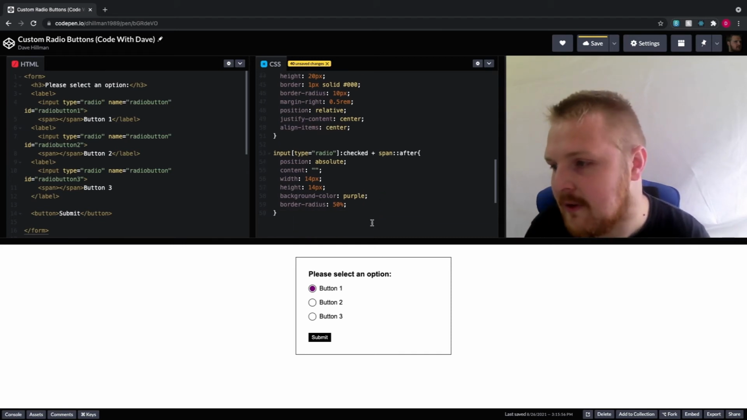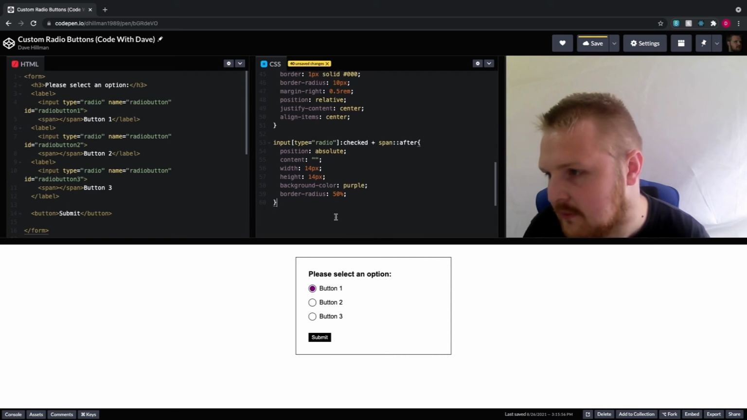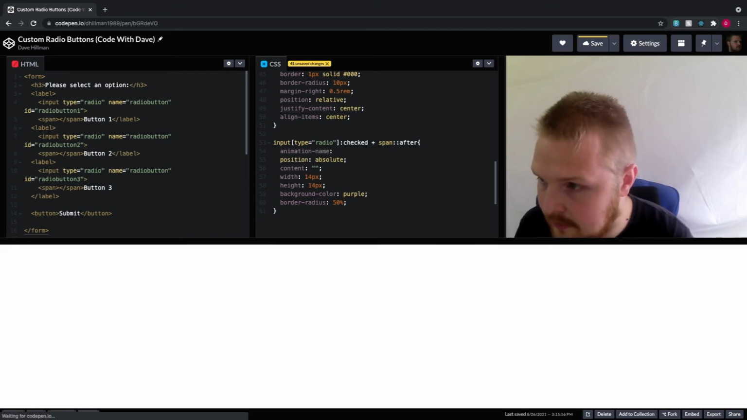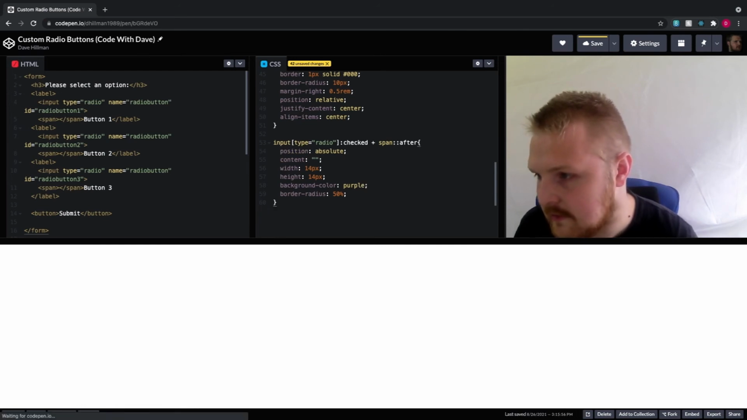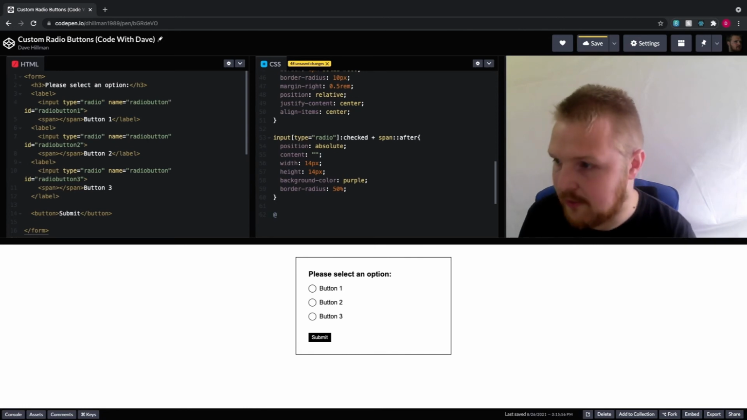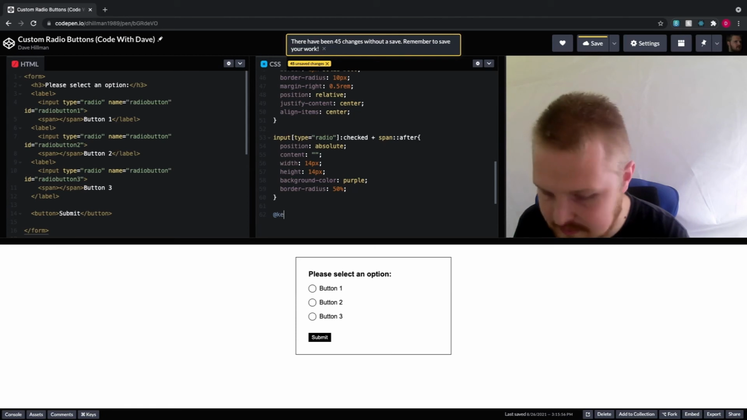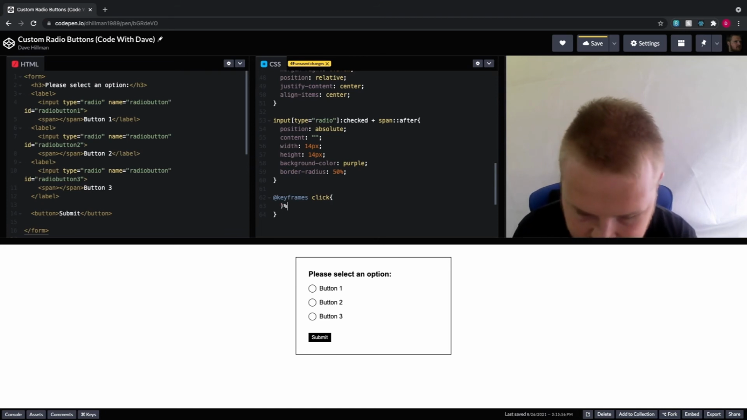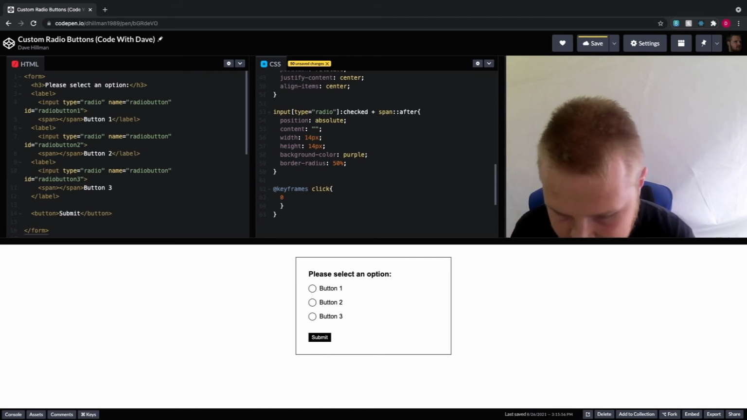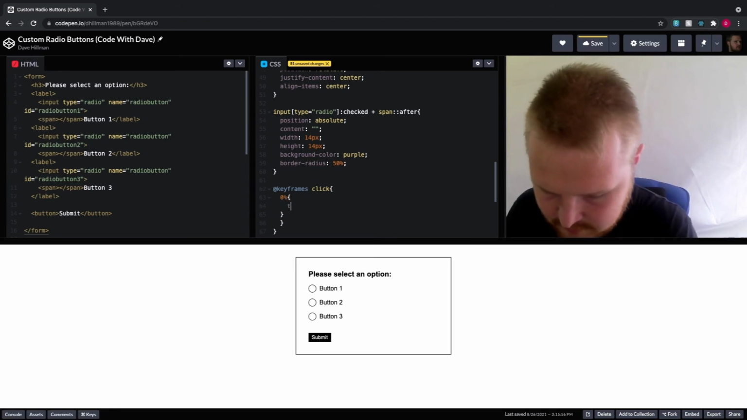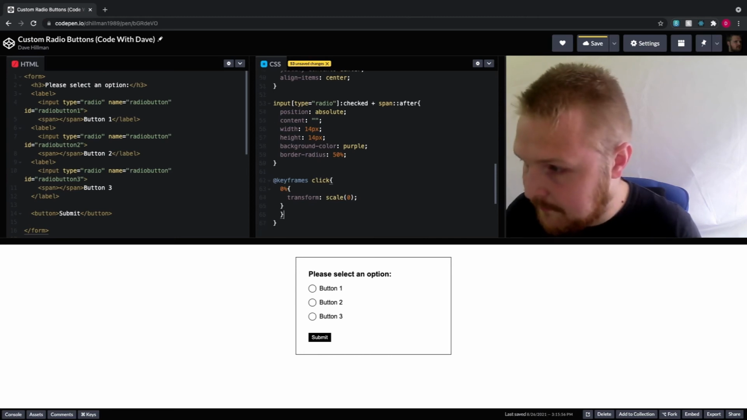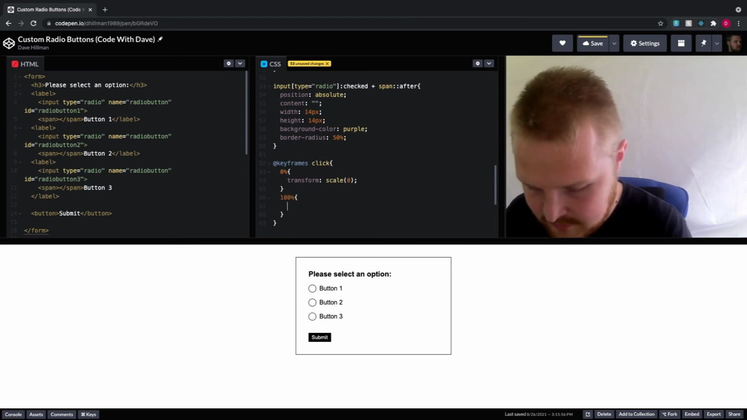However, I'm going to animate it now, and I could do that by adding in animation name. In fact, let's create the animation first. So we're going to call this animation click. We're going to give it a start state of transform scale 0. And then at 100%, so at the end we want it to be